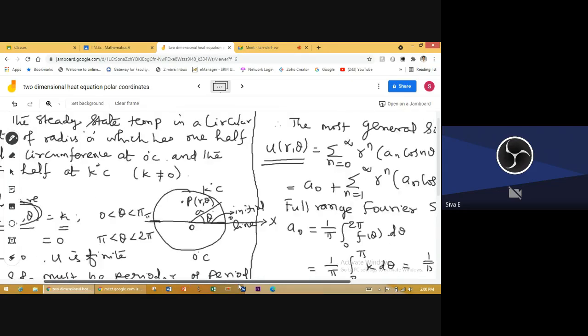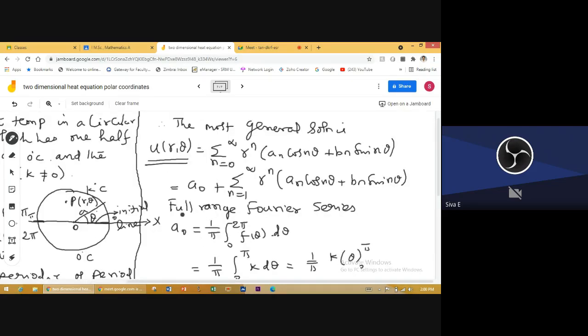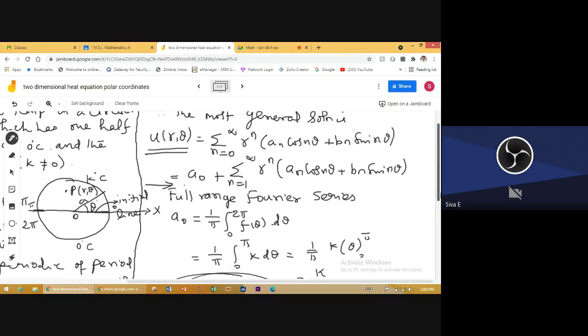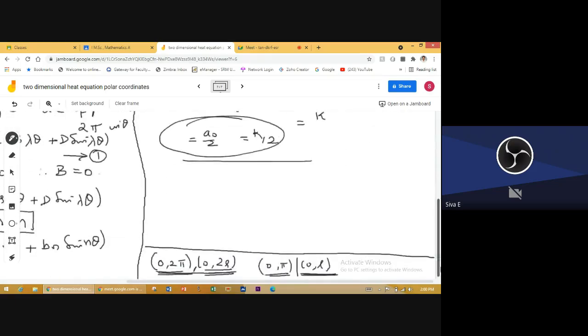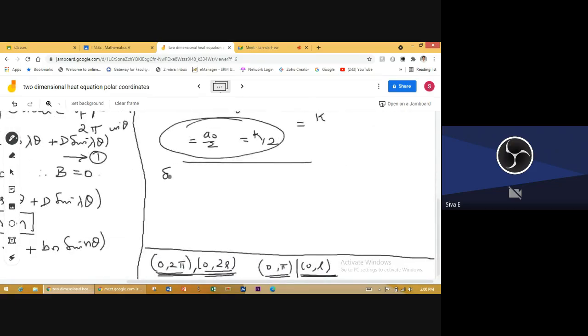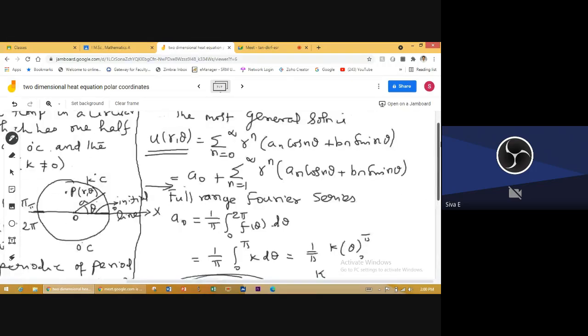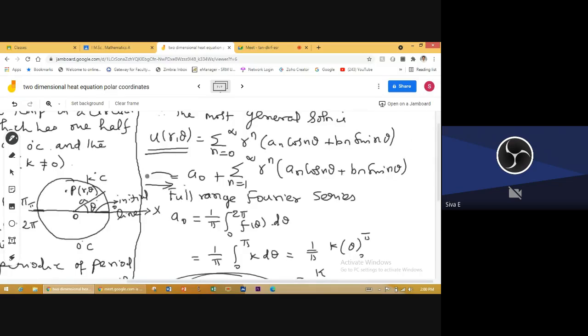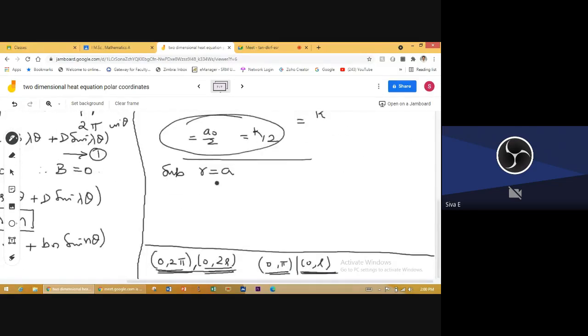So you have to add one sentence here. I will write here: applying or substituting r equal to a. We are getting, that is in the middle you have to add, so in that place you have to add, substituting r equal to a,